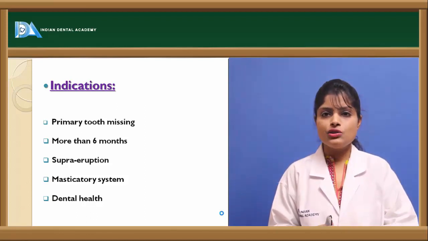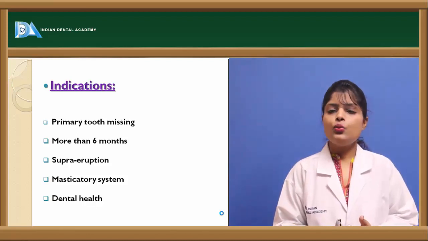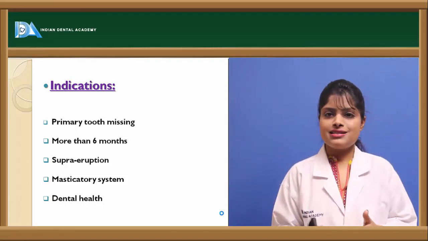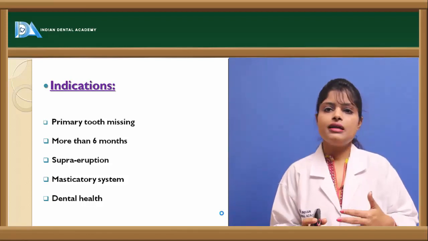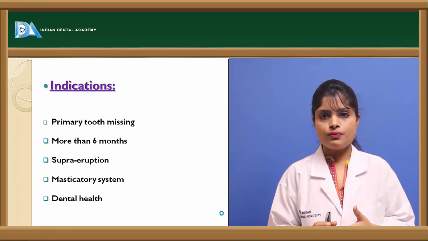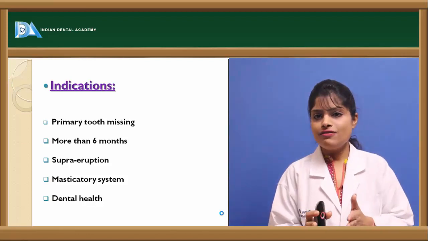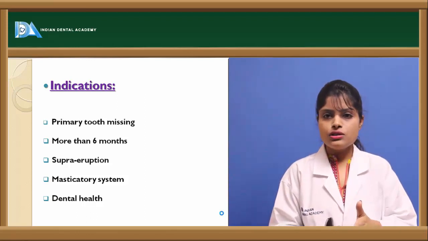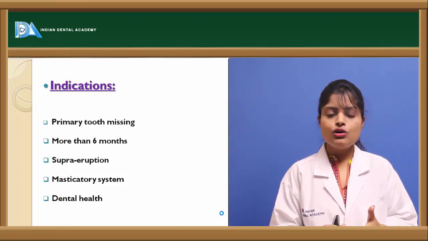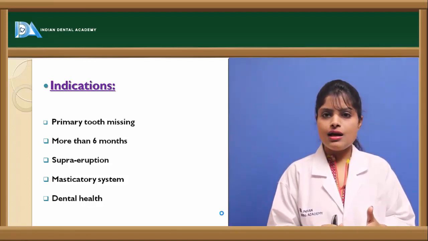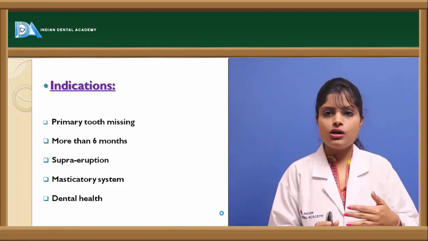If a primary tooth is exfoliated before the normal time, we can place a space maintainer appliance in place of that tooth till the permanent successor erupts. For example, if there is a premature loss of the primary first molar, we can use a band-and-loop appliance in the space of that molar to preserve the space and wait till the premolar erupts in